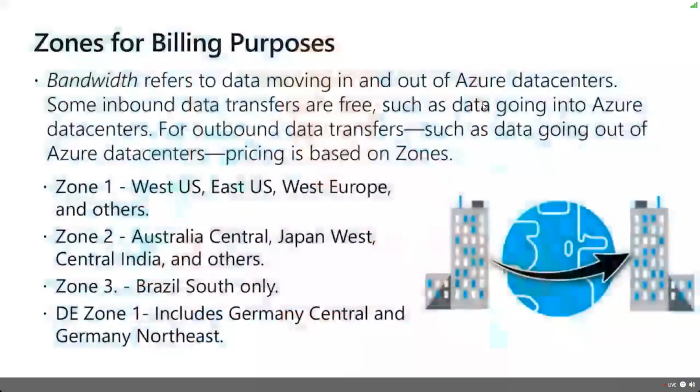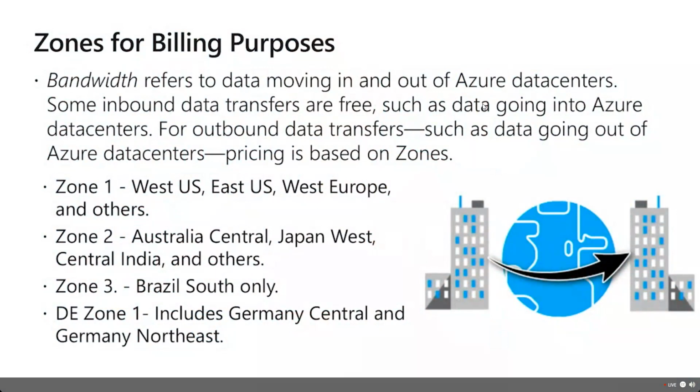Now, we also have charges for zones, and we have different billing zones. Really, the main reason we have these zones is for bandwidth purposes. We've talked about this in some of the modules, Module 2 specifically, where we talked about egress traffic charges. When we have outbound data transfer, the charges are all dictated by the different zones that we have. These billing zones control that environment based on the pricing for outbound data transfers.